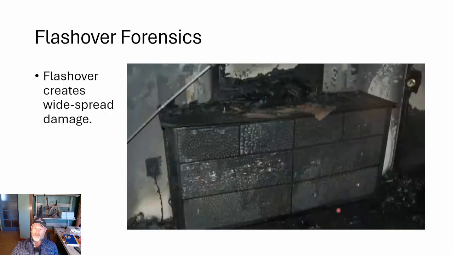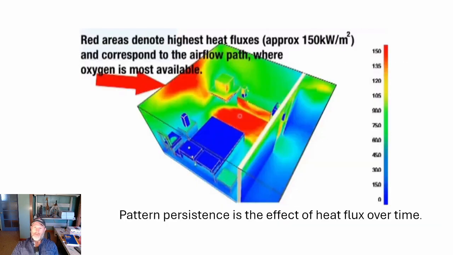Flashover is going to result in significant damage. As stated before, you're actually going to see damage all over, in this case, this wood cabinet, top, bottom, sides, even underneath. This is an FDS rendering, and I think what's interesting is it shows this same fire that those images were taken from, shows the heat flux as a function of color. And you can see the red is 150 kilowatts per square meter or more. But what's interesting here is at the door, against the wall, as well as at the base of the door and on the side of this far wall, that's where the maximum heat flux is